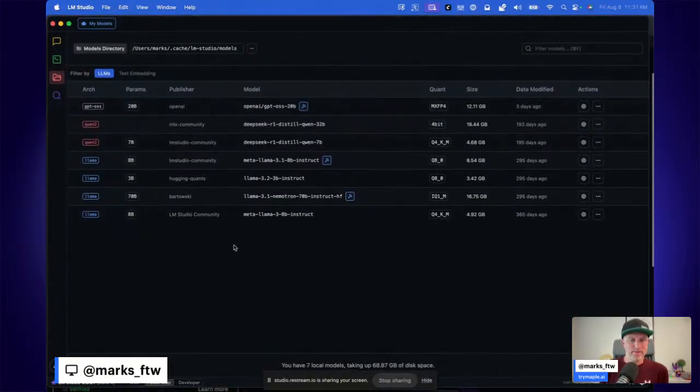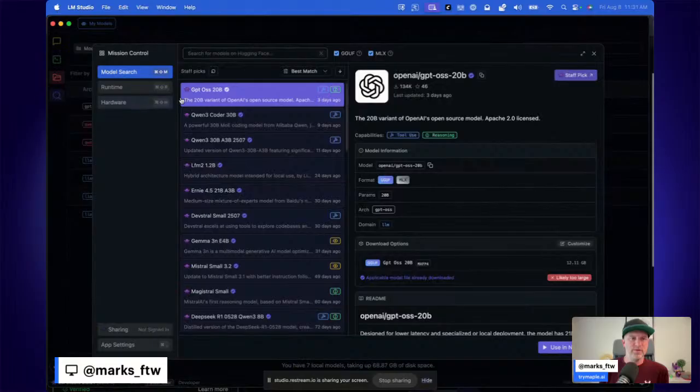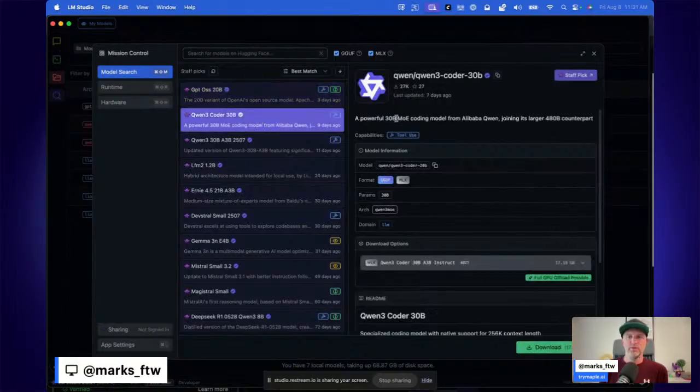And how do I get these? Well, let me show you. Super easy. LLM Studio just lets you download stuff. So I go to search, and you're like, okay, I want Qwen Coder, a powerful 30 billion MOE coding model